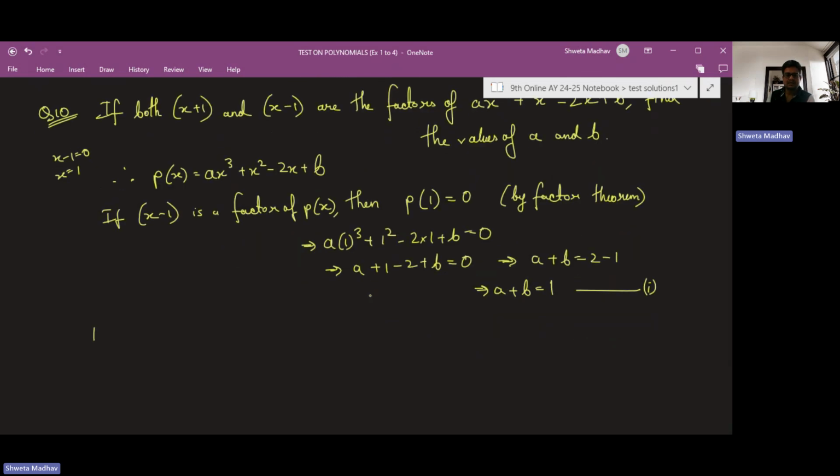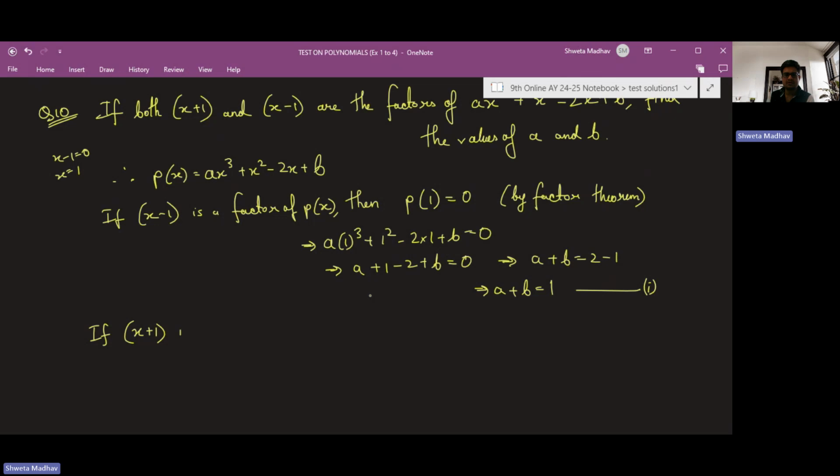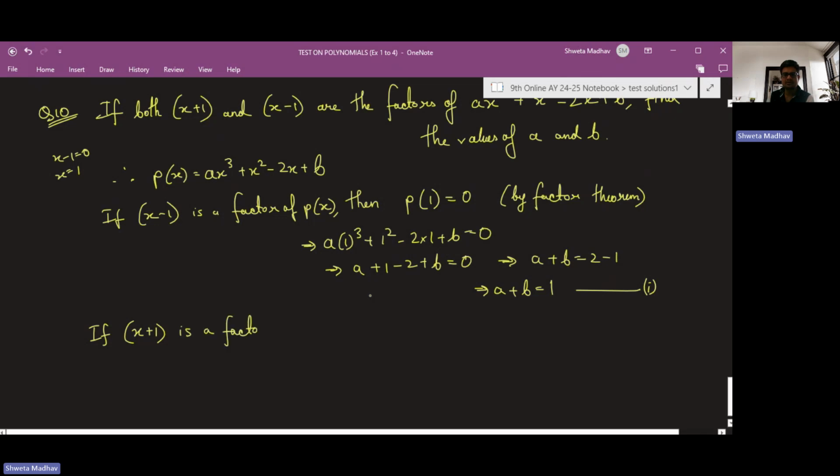And similarly, in the second case, it is told x plus 1 is also a factor of p of x. So similarly, we can say if x plus 1 is a factor of p of x, then p of minus 1 should be equal to 0. Since why? If I equate x plus 1 to 0,